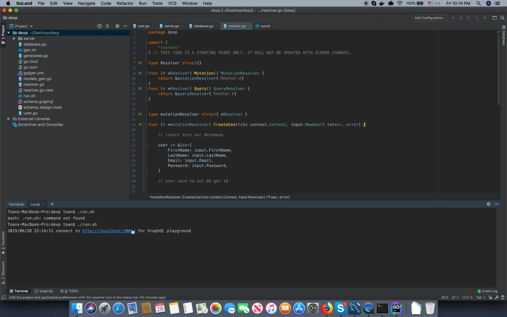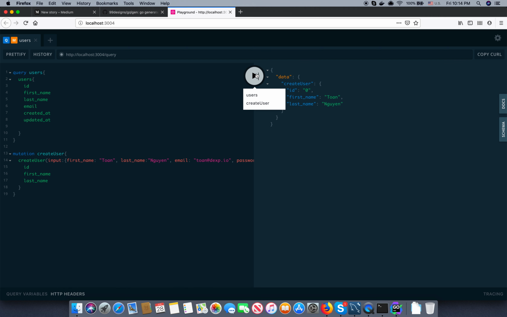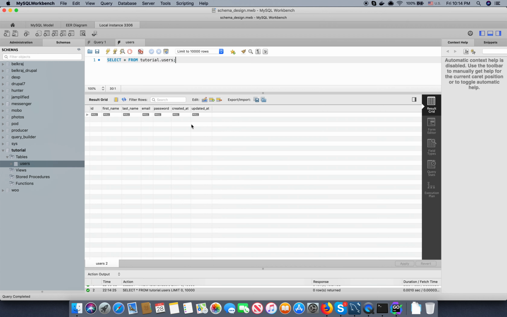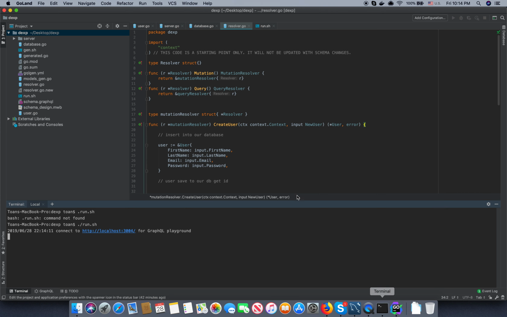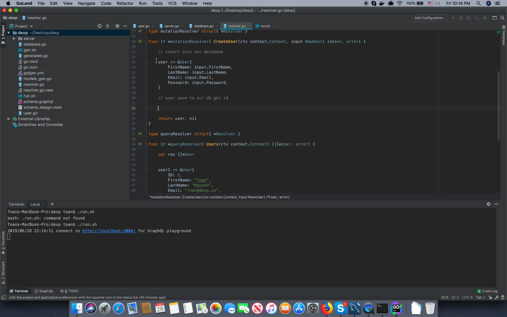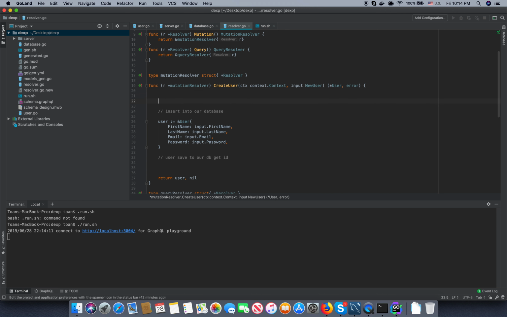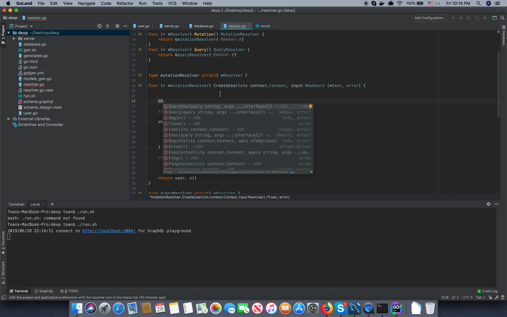So the server is running, but now I'm hitting create user, but in our database we have nothing because we didn't implement inserting a new user into the database. Okay, so for now let's try to do create user, and here we can create. For now I will write it directly, I will insert directly into our database. For example, we can do it like this. DB, this is a global database. You can query